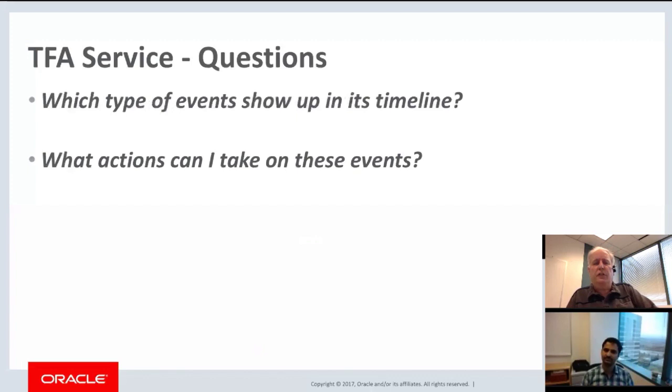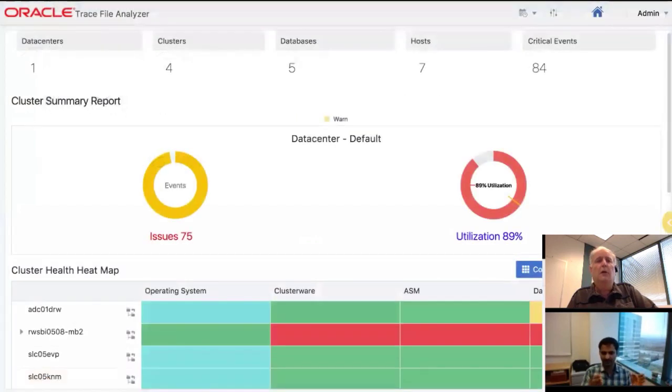So what actions can I take when I observe these events? Okay. So when you see these events in a timeline, first thing is we do have that view, like I mentioned, the correlated view, right? So this is an example of such a view? Yeah, you have this view where we aggregate across the clusters and then provide this